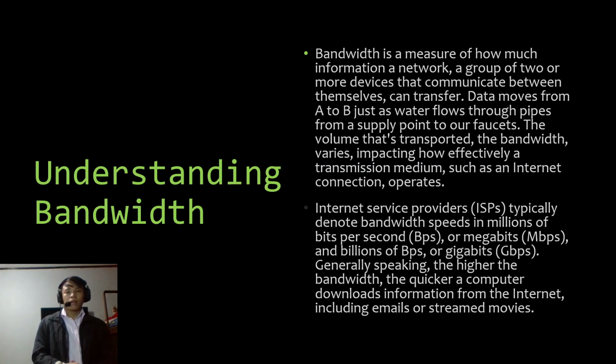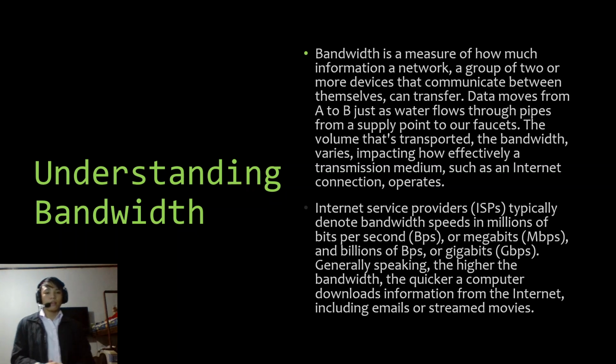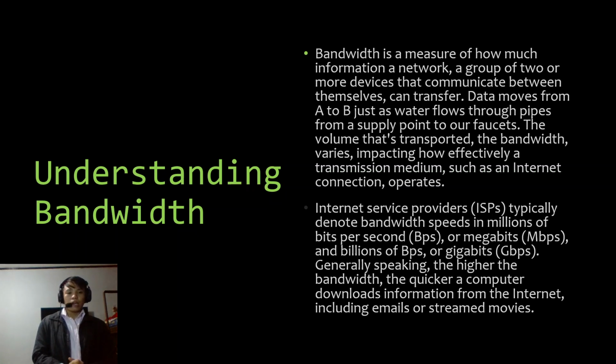Here in this section, we want to understand bandwidth. So what is bandwidth? It is a measure of how much information a network, a group of two or more devices that communicate between themselves, can transfer. When data moves from A to B, just as water flows through pipes from a supply point to our faucets, the volume that's transported, the bandwidth, varies, impacting how effectively a transmission medium such as an internet